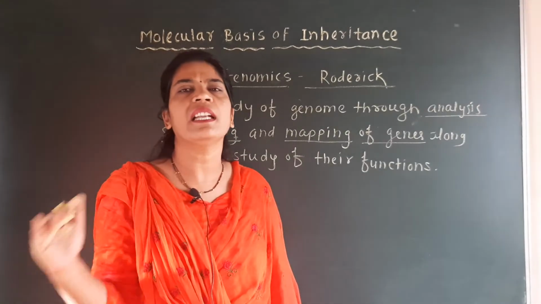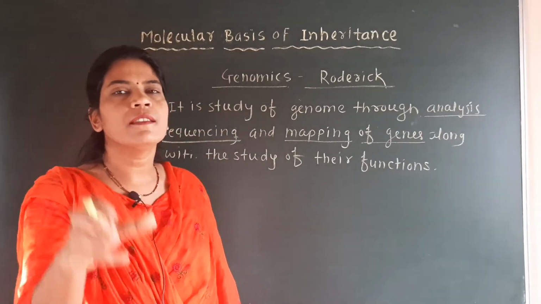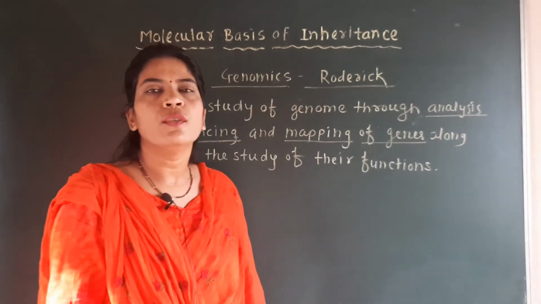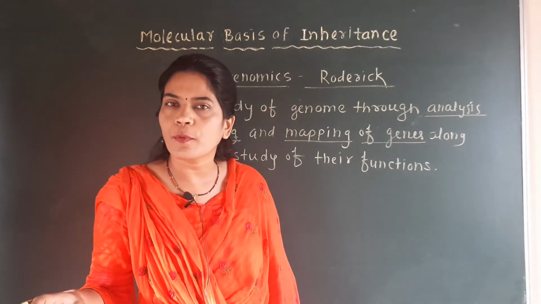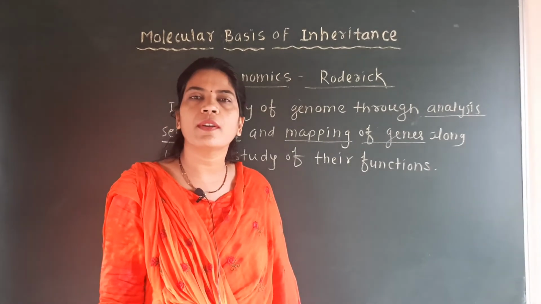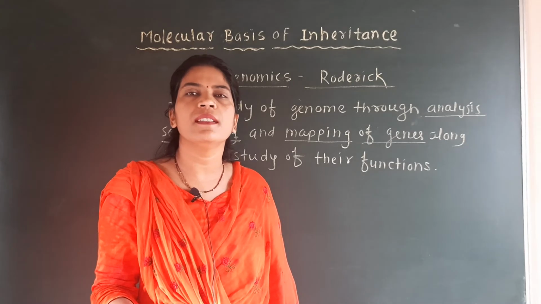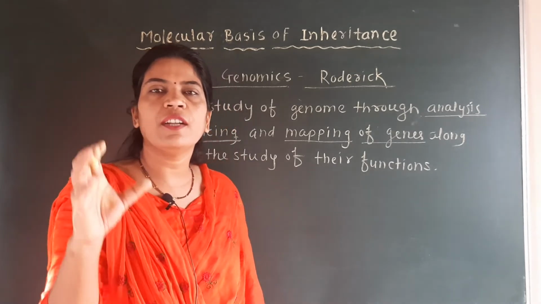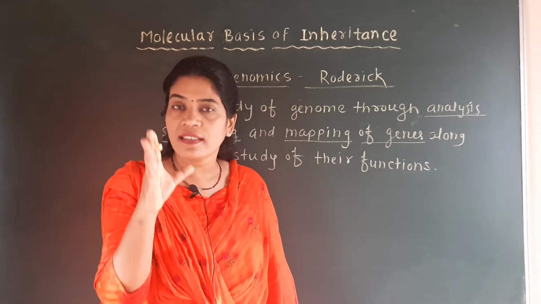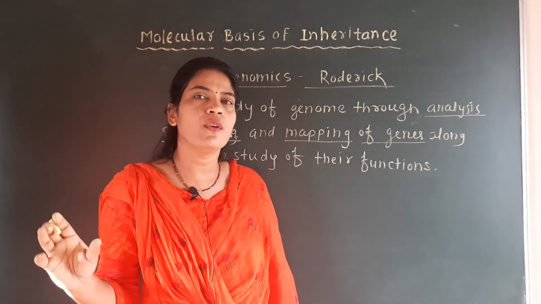Analysis means an in-detail study of that gene. Suppose the person is studying the genomics of the human being. In human beings there is a diploid set of chromosomes. So that diploid set can be taken out from the body of that organism, and that set of genes is separated. The set of genes is very clearly separated. That is called analysis. There is a sorting of the genes.